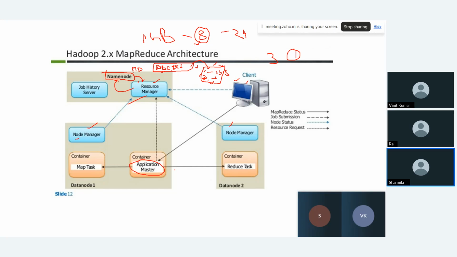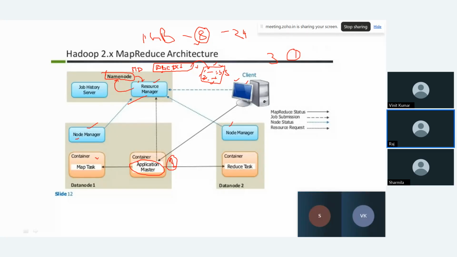So there are two ways. I'll tell you first about when we are processing it. The application master is going to be one per task, right? One per task. For each mapper task, on different machines, my mapper task is going to be consumed. So there we have one app master. So the app master is going to be one per task. So that app master